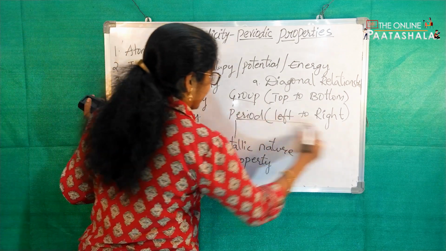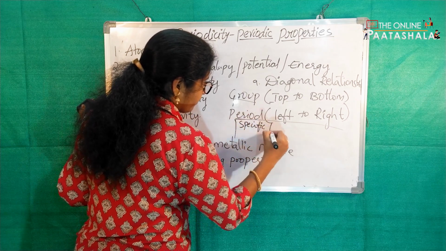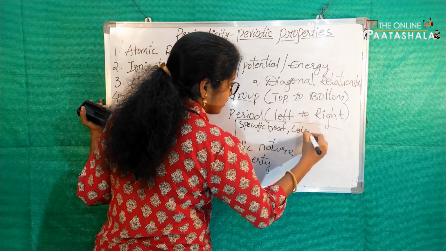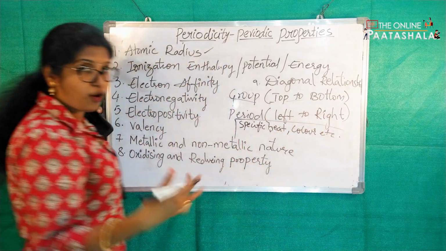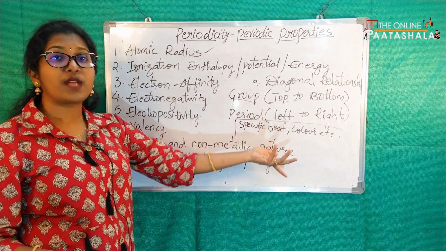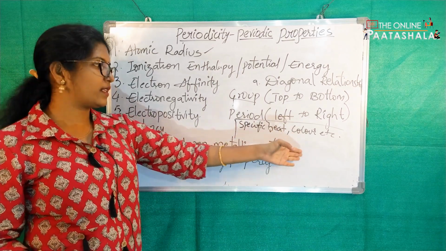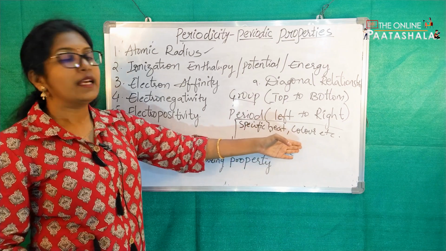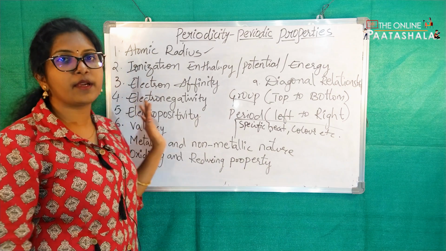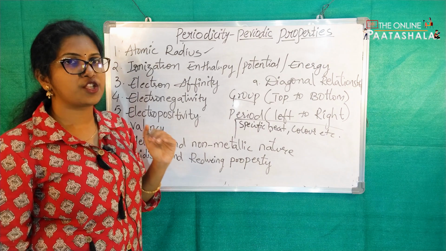are other properties like specific heat, color, etc. These are also properties, but they do not depend on the electronic configurations. That is the reason we will not consider specific heat, color, etc. in the periodic properties. These are only the periodic properties which we will be learning in the periodic classification of the periodic table, and